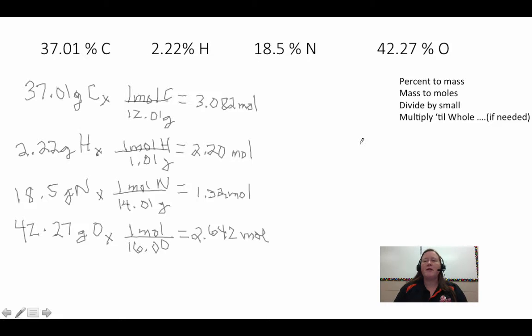The next part of the poem, divide by small. The smallest here, we have 3.082, 2.2, 1.32, and 2.642. The smallest is 1.32, so we need to get the ratio. So we're going to divide each by 1.32. Whoops. 1.32 divided by 1.32, divided by 1.32, divided by 1.32, and this one equals